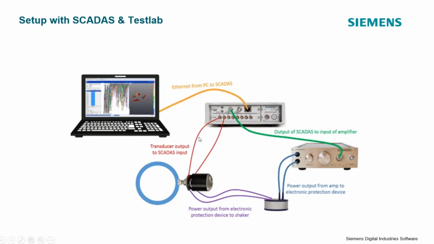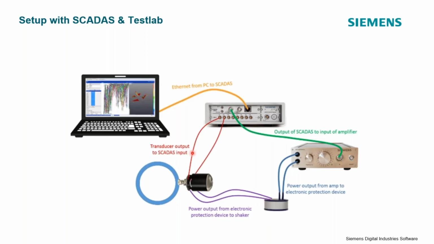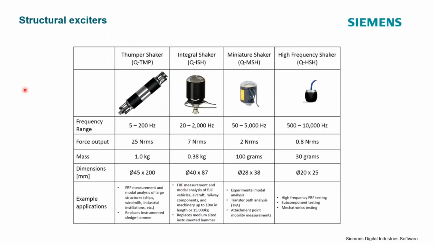And then from here, in this case, we're measuring both force as well as driving point acceleration. So not only do we get our force, but we also get an acceleration right from our mounting location. Very, very helpful feature of the Q source shakers. This is the family. You see, again, low frequency. The thumper shaker can put out up to 25 newtons RMS over the frequency range of 5 hertz to 200 hertz. Makes it very, very useful for bigger structures, big frames, or fully assembled vehicles, things like that.